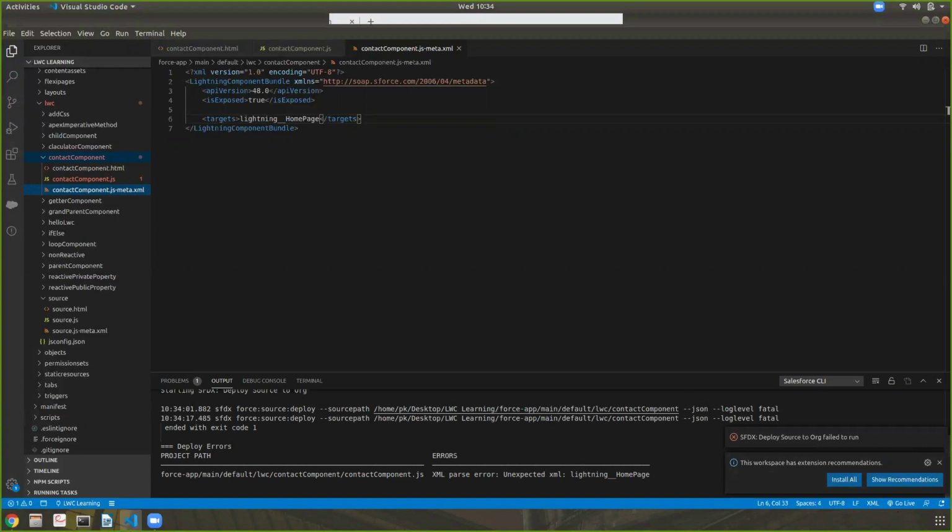Oh, something is wrong. Targets. Now it will display the component. I have to deploy this code. Deploy source to org.